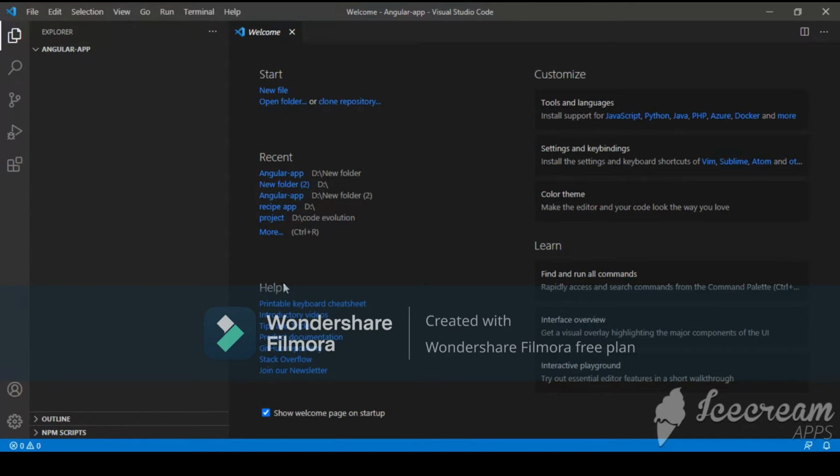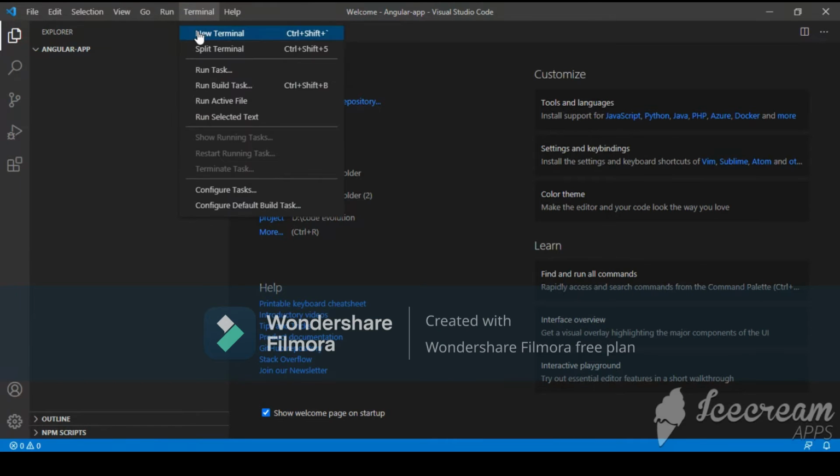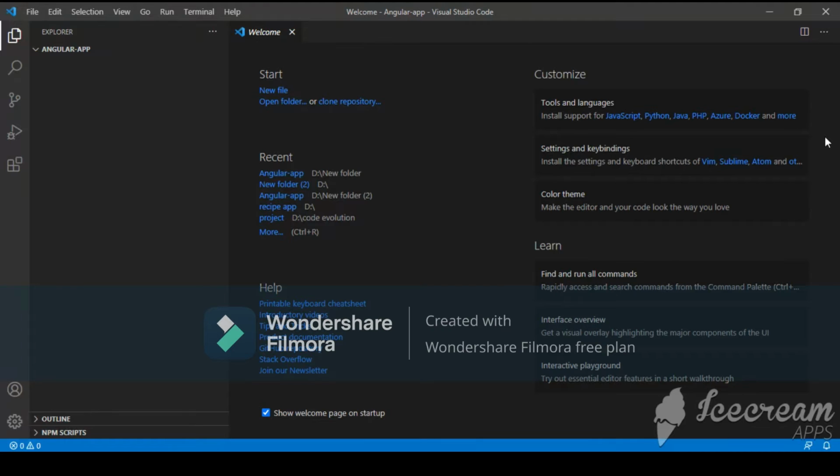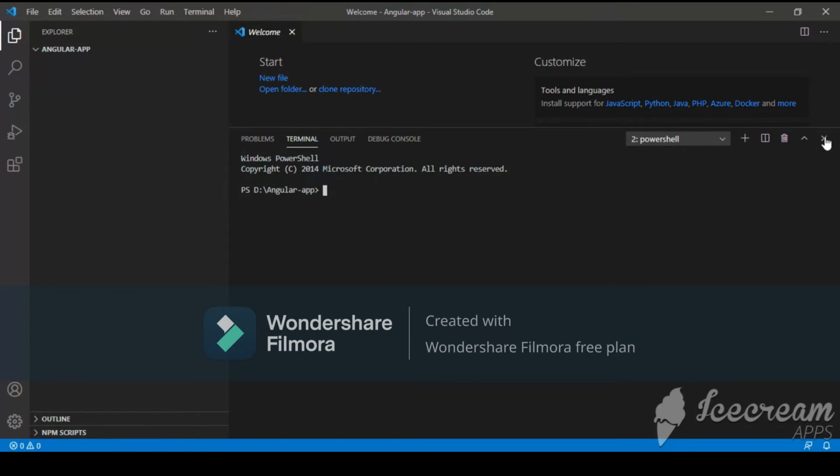For creating a new project, I'll go to Terminal. I'll open the command prompt. So I'll select this option, Terminal. I'll select a new terminal. So my command prompt gets open. The terminal window can also be opened by a shortcut key. The shortcut key is Control plus backtick. I'll show you. I'll close this. That is Control plus backtick on your keyboard. The backtick key you'll find below the escape key.